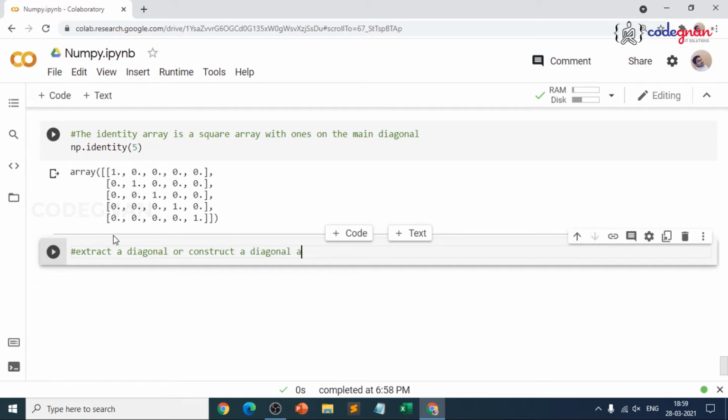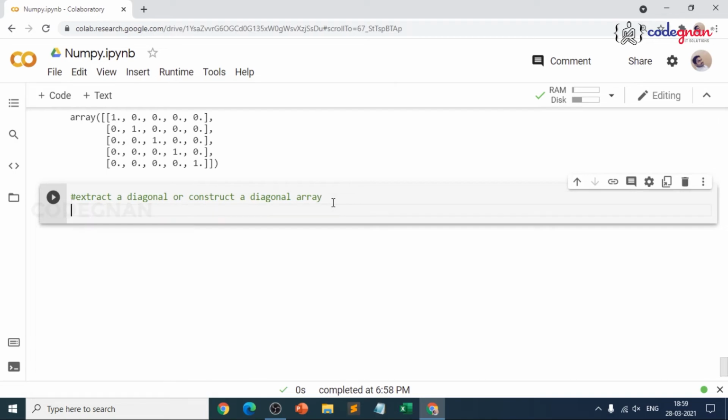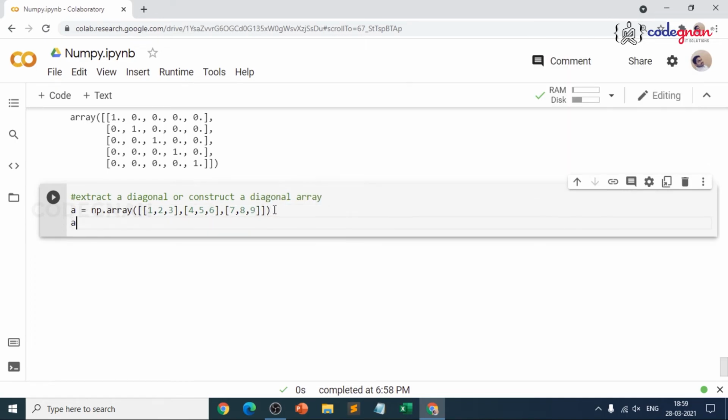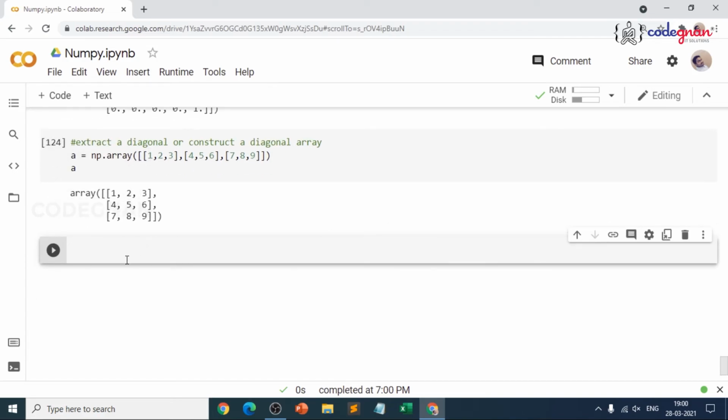So when we go for a diagonal array, because this is diagonal, right? You see all of these ones, 1, 1, 1, these are all diagonal elements. Whenever you have heard about matrices, diagonal plays a very vital role, right? So suppose I want to create an array, what I'll do is create a multi-dimensional array. I'll give 1, 2, 3 and 4, 5, 6 and 7, 8, 9 so that you could easily understand. Now when I print A, that will be 3 by 3, right? 3 rows and 3 columns. That's good. Now I could try to get only the diagonal elements, like 1, 5, 9 is our diagonal, right?